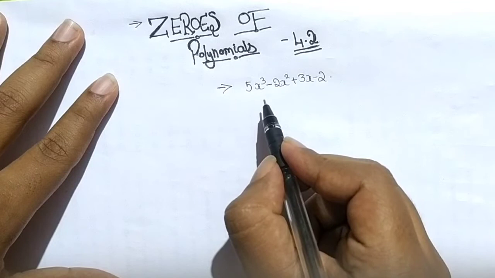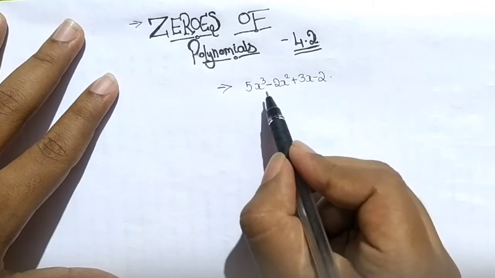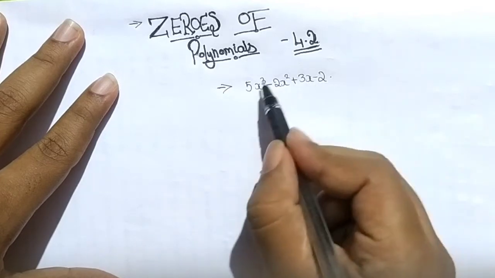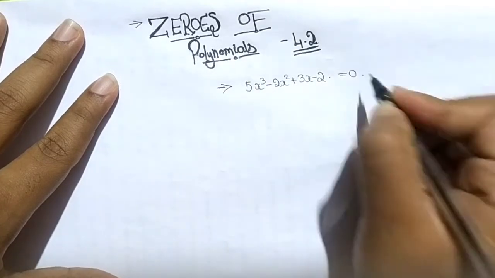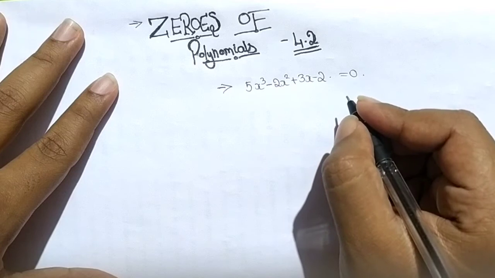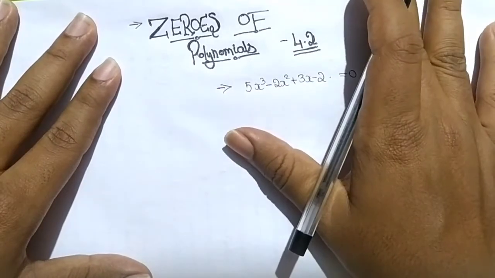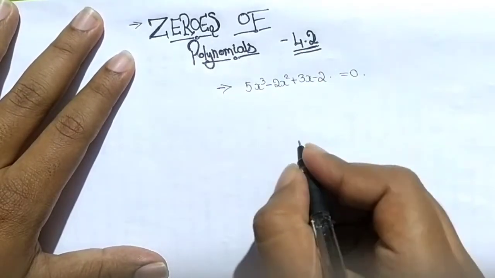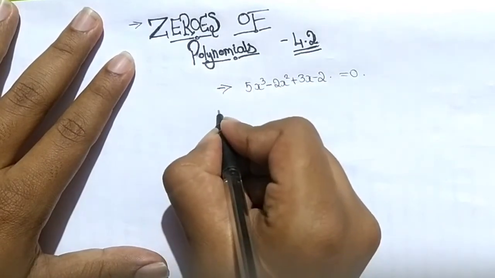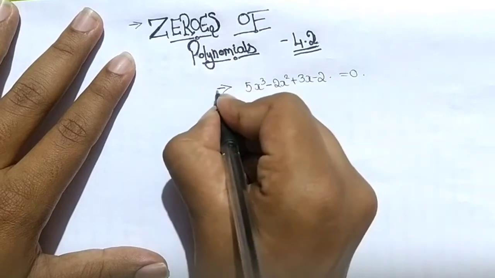So the actual meaning of finding the zeros of a polynomial is that you need to find a number which, when substituted in this equation, gives us 0 on simplifying. That value is known as a zero of a polynomial, and the process is known as finding the zero of a polynomial. Before doing the actual process of finding the number x, let us take some number. Let us take this equation as p of x.